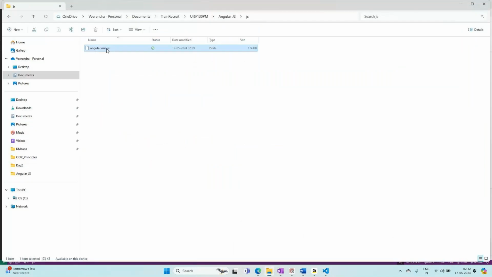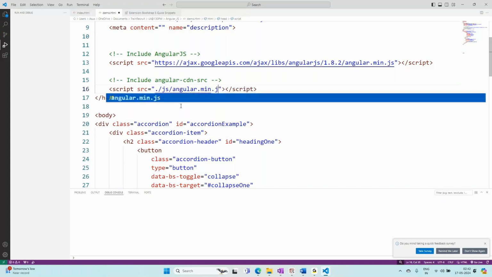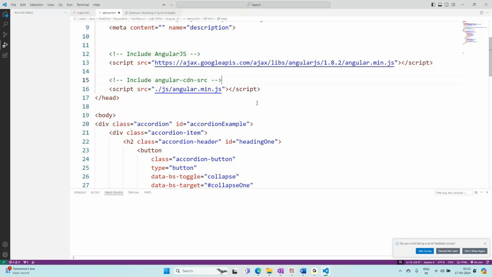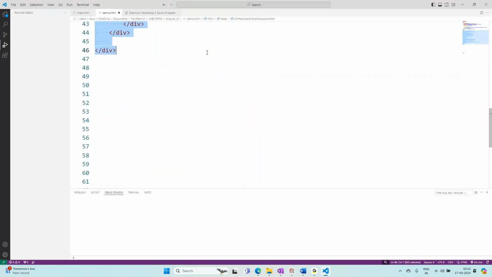So file name is angular min.js. angular min.js. Done. Okay, right. So in this way you added what? You added the Angular content. What you added here? You added Angular content. Okay,